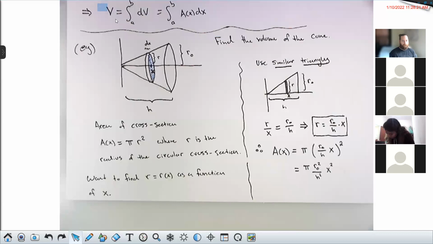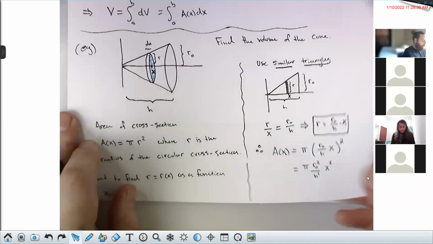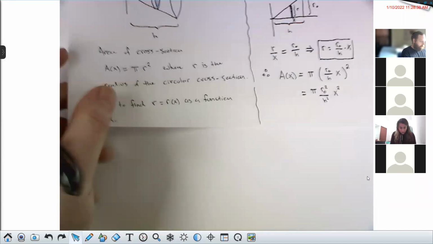The integral for the volume is the integral from a to b of the little differential volume. That little differential volume is A of x times dx, where A of x is the cross-sectional area, the thing we just found. So if I'm going to set up the integral for the volume of this cone,